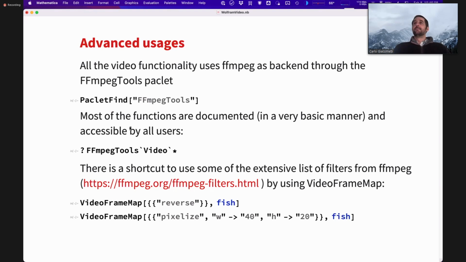So these are the main things I wanted to make sure to touch on today, all of the more basic usages and all the important usages, I would say, of video in the Wolfram language. I wanted to quickly mention a couple of more advanced topics. So how all of this works is,